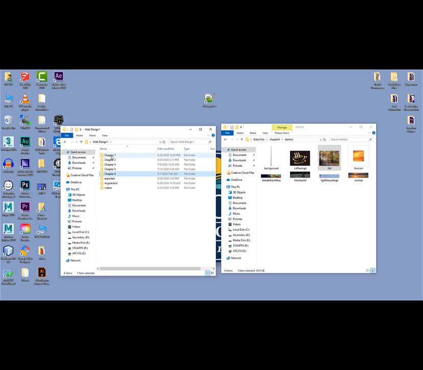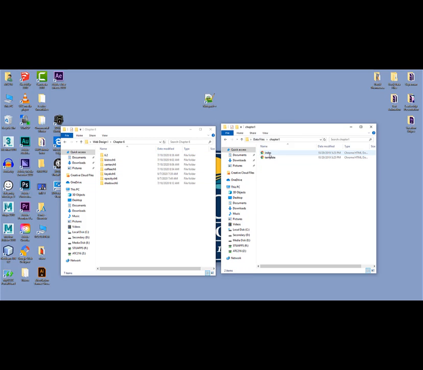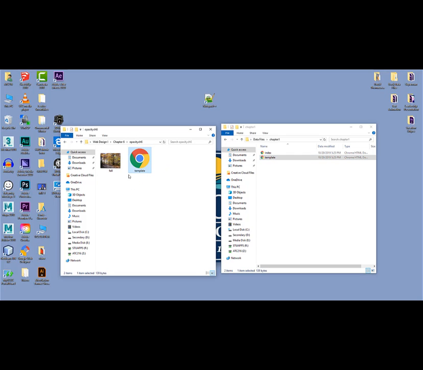We want to get our template. Let's see if it's in our chapter 1 data files. There it is, template. Bring that over. I'm going to change its name, so I'm going to rename that to index.html. Actually, we should just be able to name it index because it's already got the HTML file extension. And so now we're going to open it